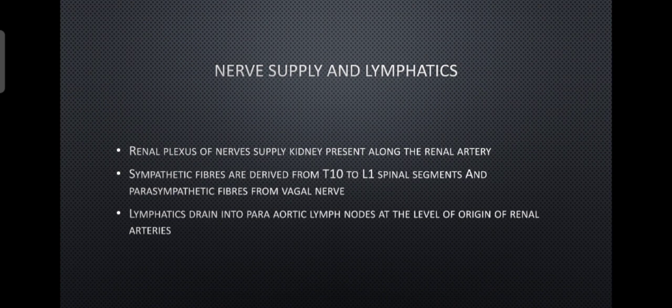Then lymphatics drain into the para-aortic lymph nodes. Since the kidney is near the aorta, we have the para-aortic lymph nodes present along both sides of the aorta. So along with the renal artery, the lymphatics go and drain into the para-aortic lymph nodes. Usually the lymphatic drainage of visceral organs lies in this manner, that is, towards the vascular supply. They have lymph nodes present along the major vessels, so that lymph goes along the blood vessels and drains into the lymph nodes present along the major blood vessels. This is a general rule, applicable to most of the visceral organs.